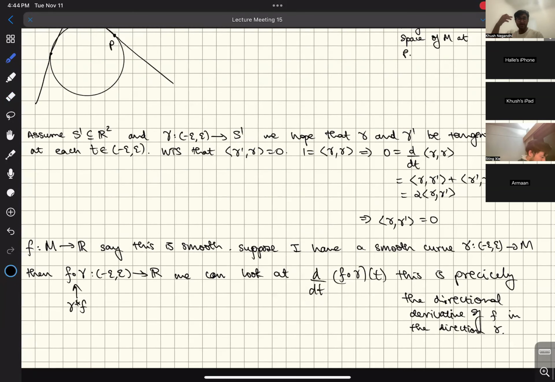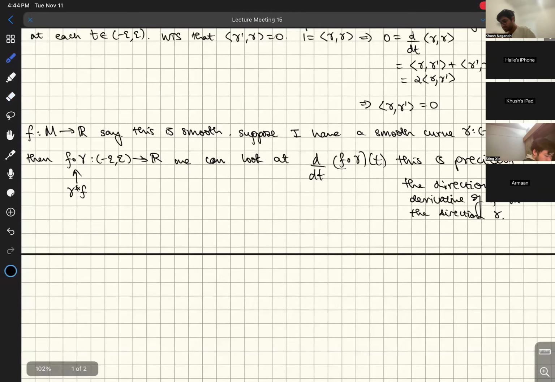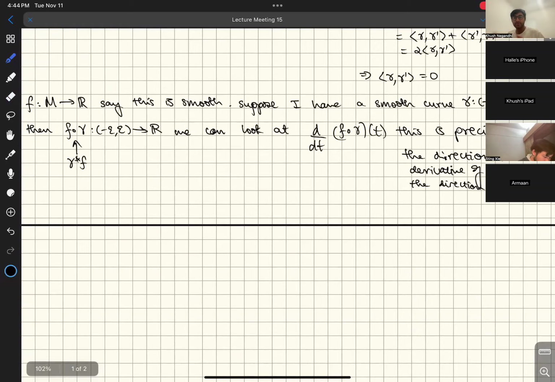So at each point t, this is basically the directional derivative of f at gamma. Okay. So this makes total sense. We can talk about derivatives in this case because this map is a function, a curve on R. Okay. Now, what this means is that